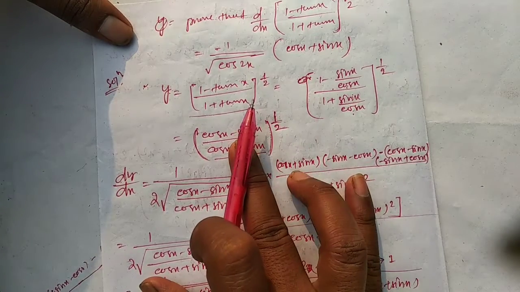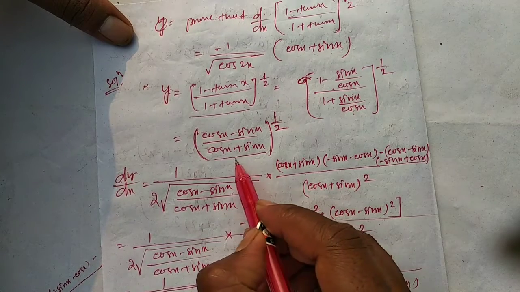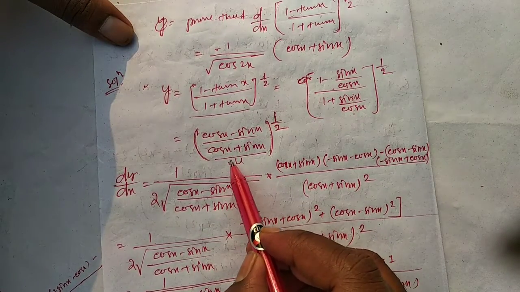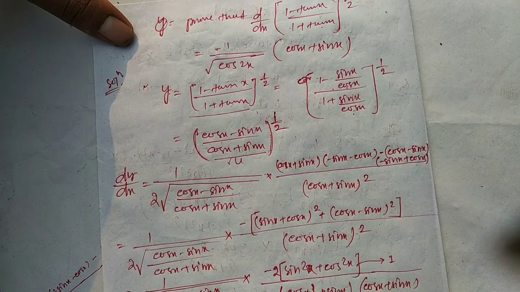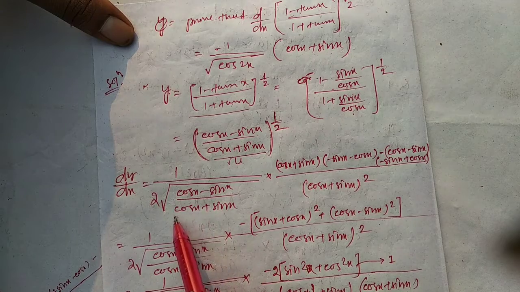Now we have to differentiate this one with respect to x. Let's say this one is u. That means the derivative of square root of u with respect to x will be how much? 1 by 2 root u. So replace the value of u here,